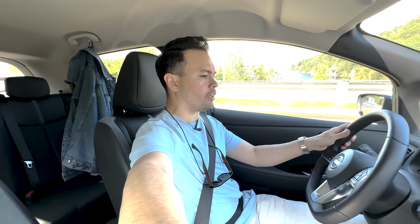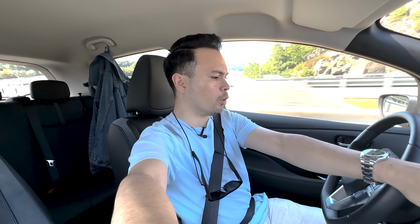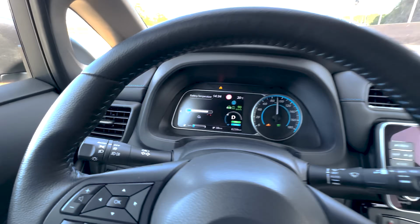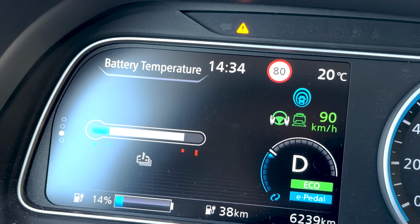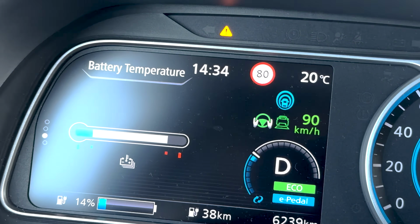For the past like 10-15 minutes, the air conditioning has been acting up, like blowing cold air and then not blowing cold air. And then now I've set it to its lowest setting and it's still not blowing very cold air, and it's only 20 degrees Celsius outside. Really, really strange. But this car actually has a battery temperature indicator, so I'm like, is it because the battery is so warm and now all the AC cold air is going to cool the battery? Well, it seems that is the case. Take a look at this, guys. That's the battery temperature indicator, and it's all up in the red. So